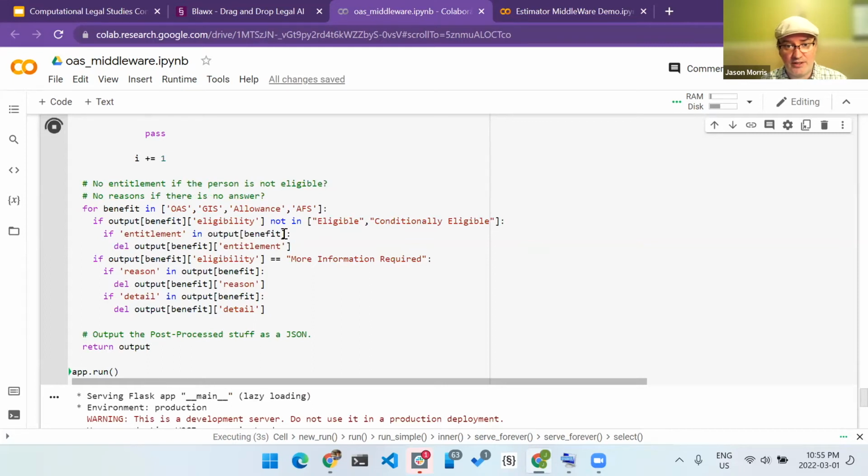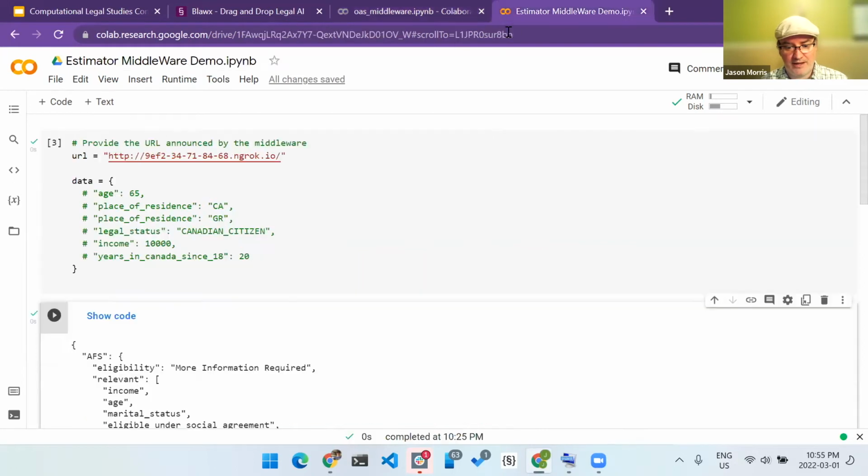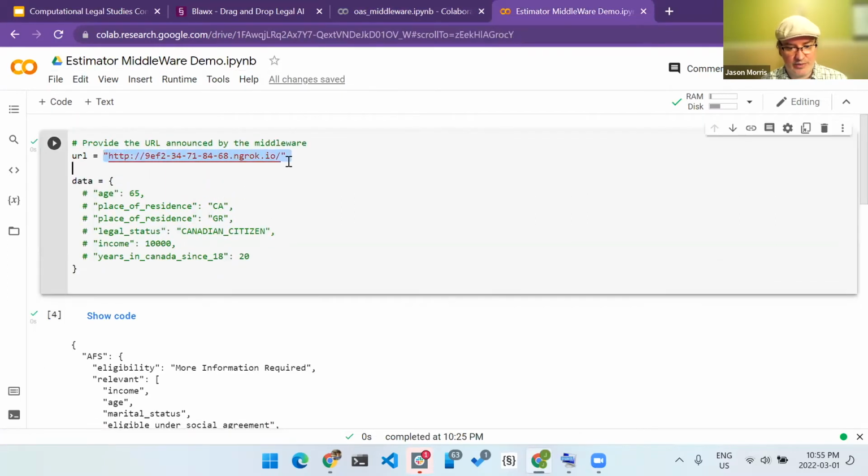This is the code that's sending requests to the OpenFisca API and then doing all that graph manipulation in order to convert it into the things that the application actually needs. Then we have another Colab, which is playing the role of the client. Here we're saying that's our middleware location, and here we have some data. So I will run this code.